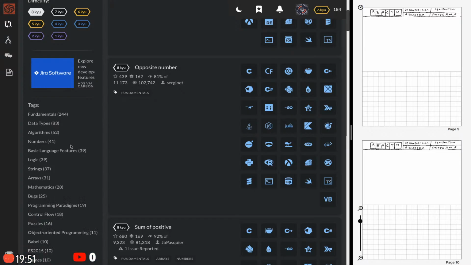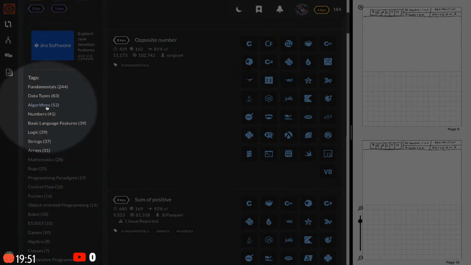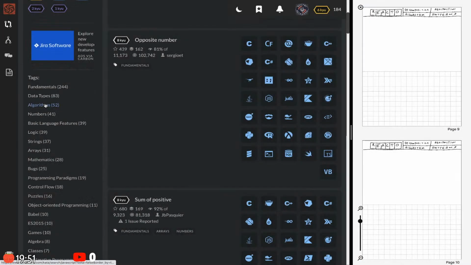Boom. All right. So as far as tags and filtering, I'm going to focus on fundamentals for now. I want to work my way up to 500 points on fundamentals, and then work my way down to data types, algorithms, on the 8 kyu difficulty level, and try to go through all of these, this whole list here, and generate 500 points for each one.